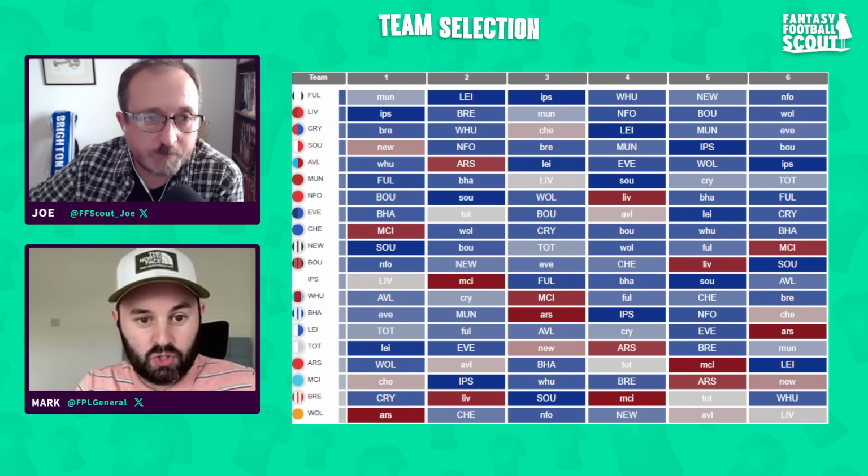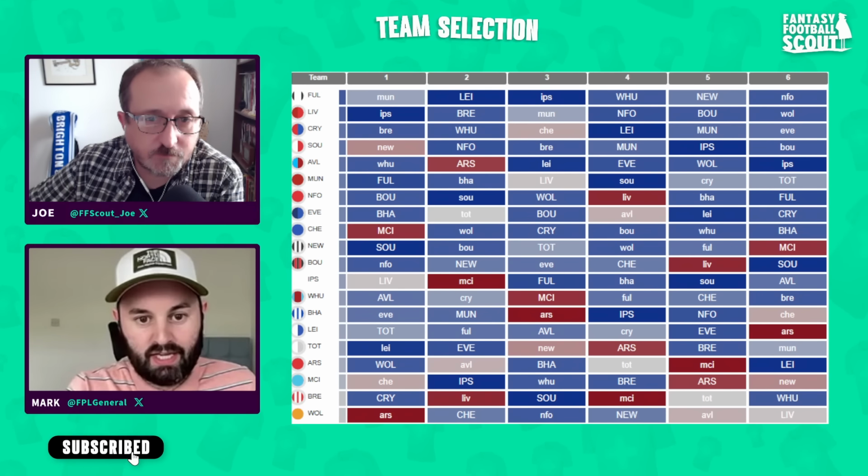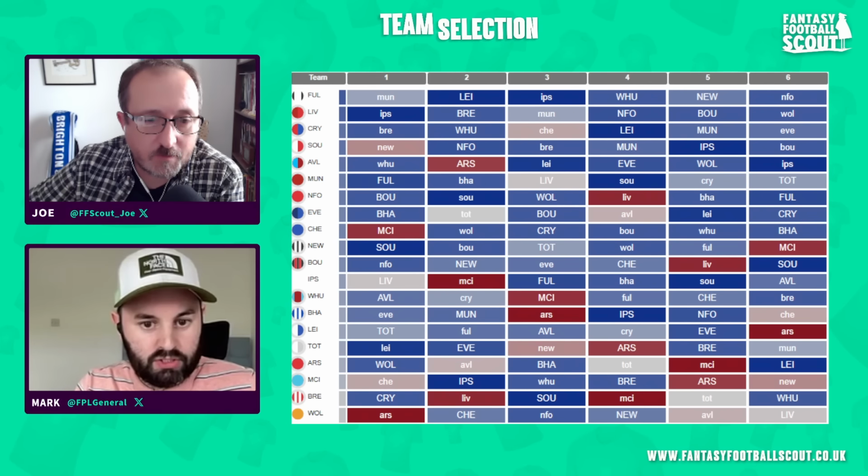Palace finished the season so strongly, third on the ticker. Really like Munoz, players like Eze and Mateta whenever he's available again as well. So fixture ticker always very, very important. And again, it's interesting because when you look